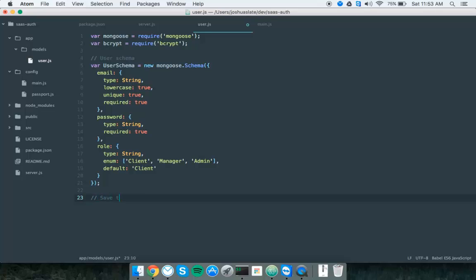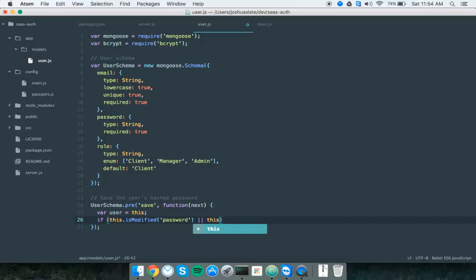So now we're going to save the user's hashed password. You don't want to store passwords in plain text. Not good. So user schema pre. Oops, sorry, there should not be a dot here. User schema pre save. So before the user schema is saved, we're going to run this function here to hash the password. So we'll close that quick. Var user equals this. If the password is modified, or the password is new,